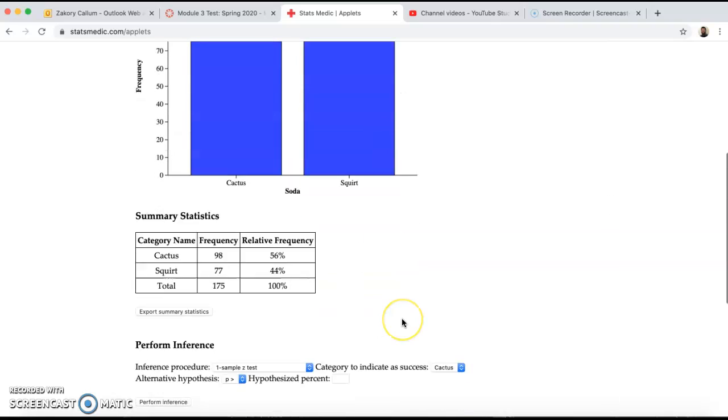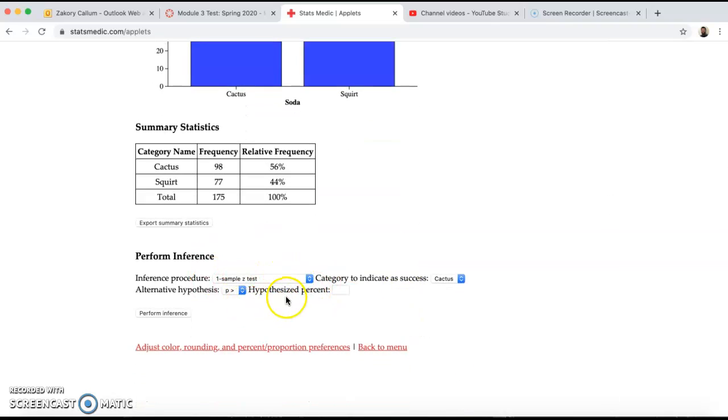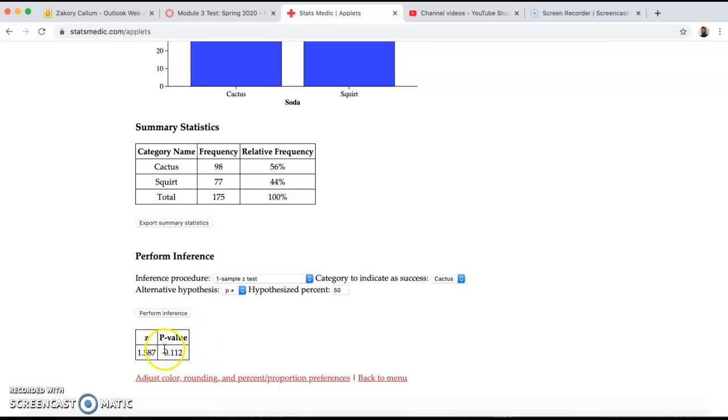Analysis, again, I don't really need this stuff here. What I need is down here where I can actually do the hypothesis test. Notice the category I'm looking at is cactus, so the one I want. I can change this here to whichever option I'm looking at. In this case, since it was a two-tailed test, I'm looking at does not equal. And then for hypothesized percent, I'm going to type it in as a whole number, so 50, since that's the percentage I was looking at, and that's the way that StatsMedic will want you to type it in. When I perform the inference, I should be getting a p-value of 0.112, and a test statistic of 1.587,